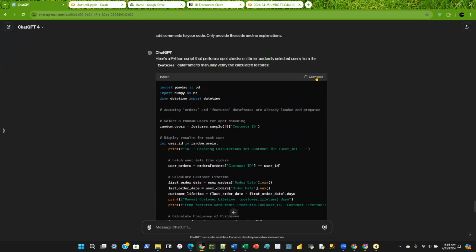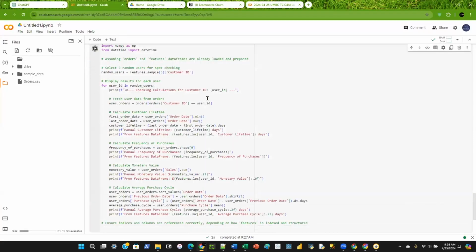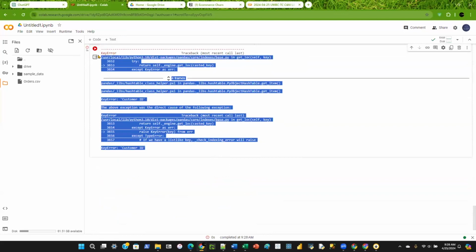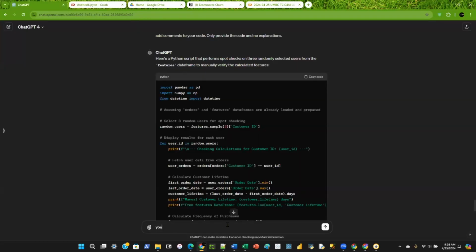Now, I'm going to copy this code, go back to Colab, add another code block, run it, and it's giving me an error here, right? So I'm going to go copy that error and say, your code gave the following error.